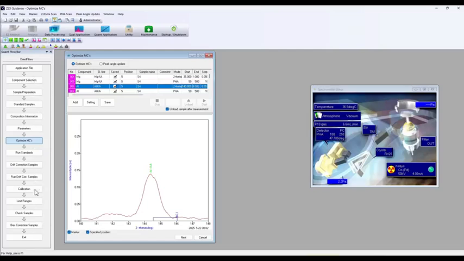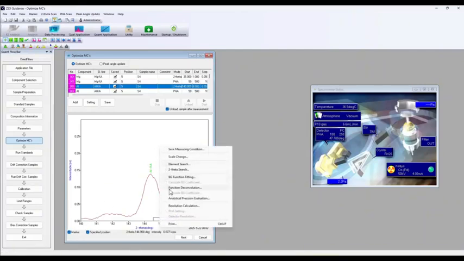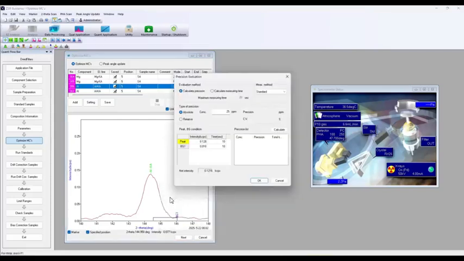So we'll talk about quant method another time, but today I'm just going to talk about this one feature called Analytical Precision Evaluation. And within what we call optimized measuring conditions, these are scans we run to determine where our peaks and backgrounds are going to be, and then to determine how long I should count for each of the elements. So for aluminum, as an example, here's the scan that was collected. All I have to do is right-click, go to Analytical Precision Evaluation, and it brings me this really nifty tool here,